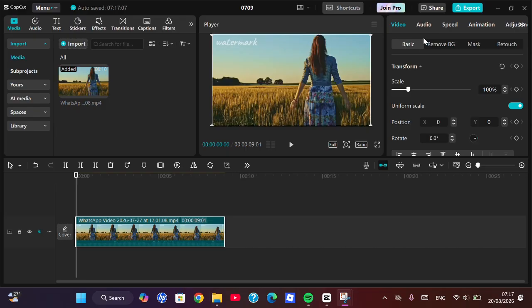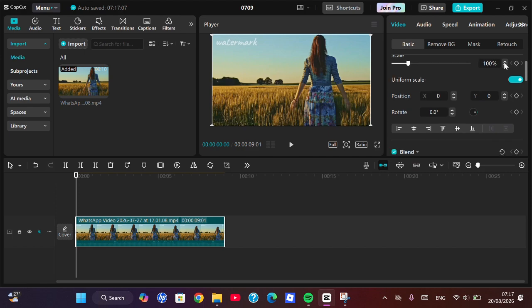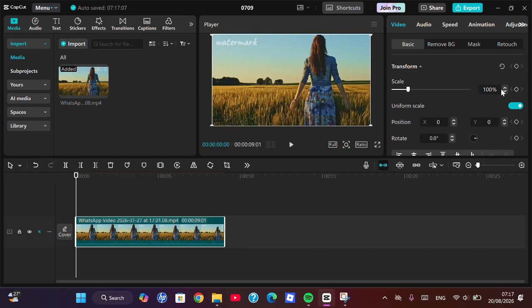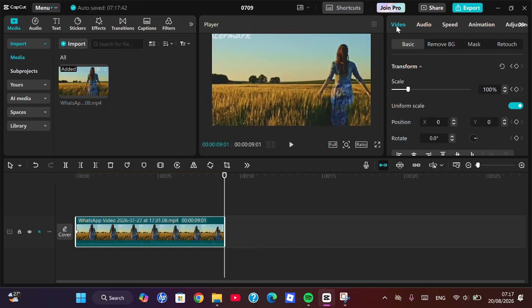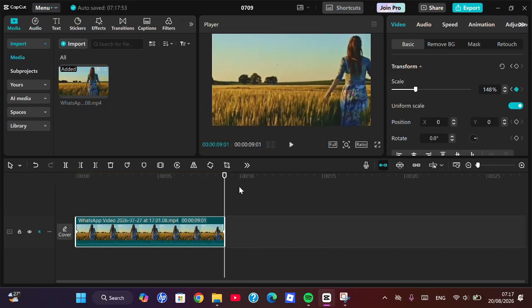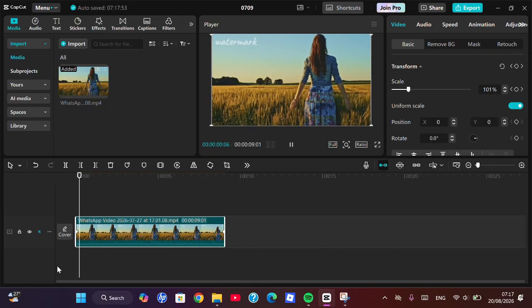And if you want to apply keyframe to your video, you're going to go to the video and then add the keyframe right here. So this is the keyframe icon, and to make a zoom effect we're going to add keyframe to the scale. Okay, I'm going to add keyframe to the first part, and for the second part I'm going to make a zoom effect. So I'm going to zoom in like this, and let's see the movement.